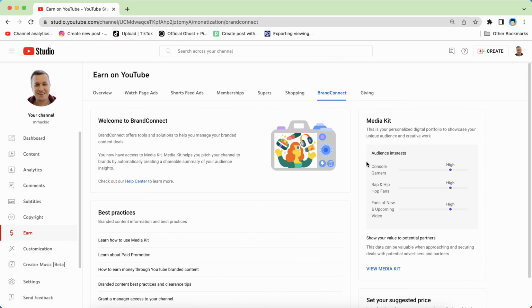And then yeah, I'm just not gonna show all of it, but yeah, just all the data, all the audiences, countries, views, your recent featured videos, everything in a nice PDF file. We can just easily create, generate, and then you'll just be able to send it to your potential partners, advertisers,